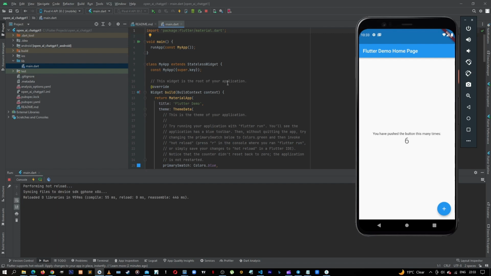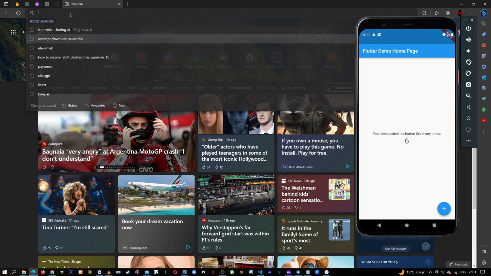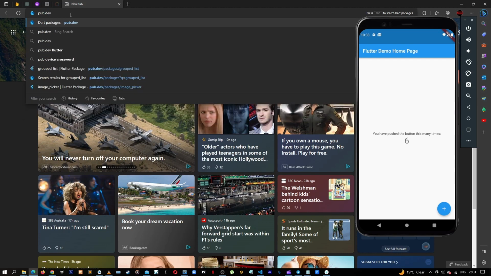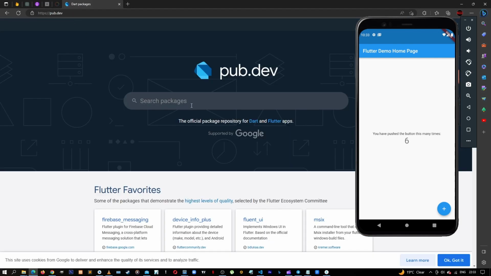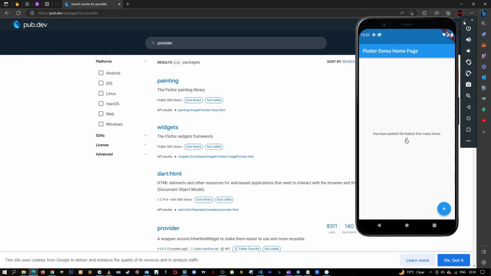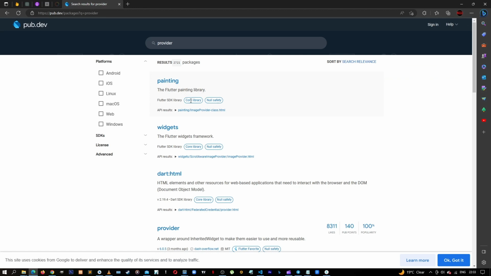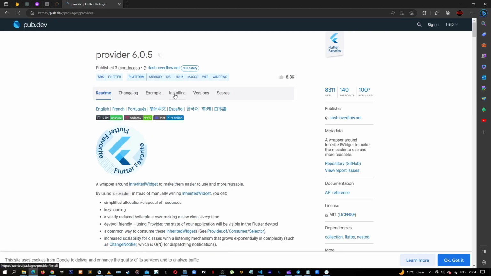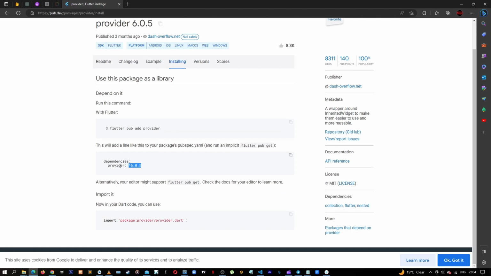So for the theme, let's go ahead and open our favorite browser, and then here let's go to pub.dev. We need to install some packages here. So first of all, let's install the provider package. Search for provider. We can minimize our emulator. So we need this one with 100% popularity. Let's click on here. Let's click on installation. We can copy this,